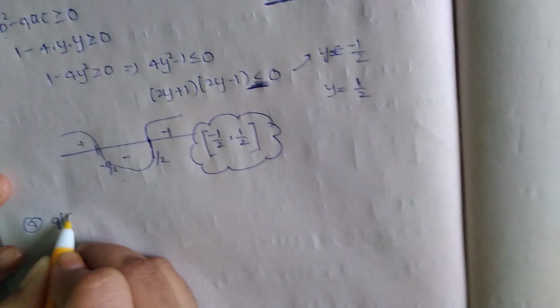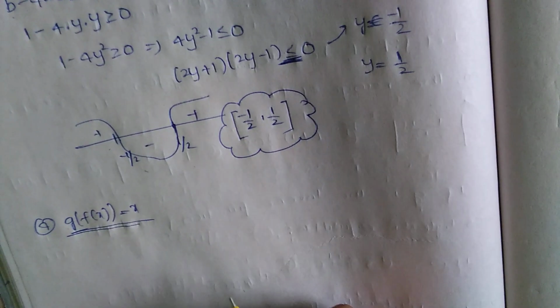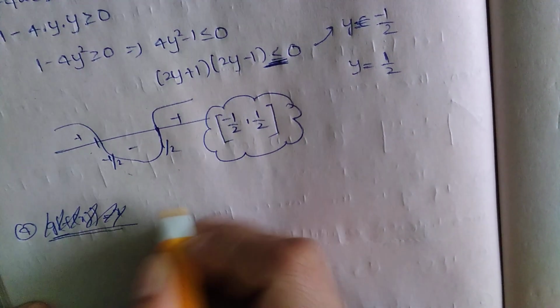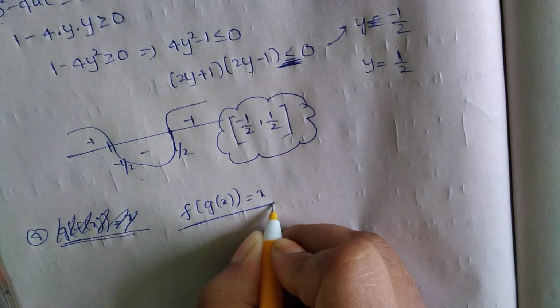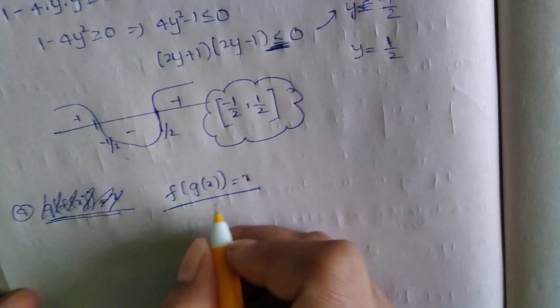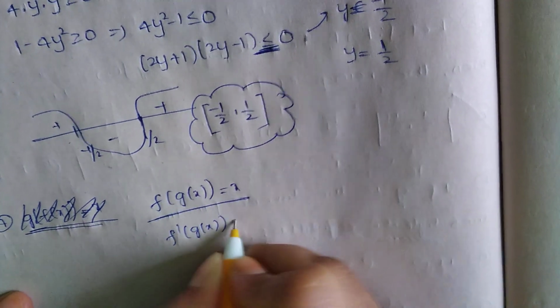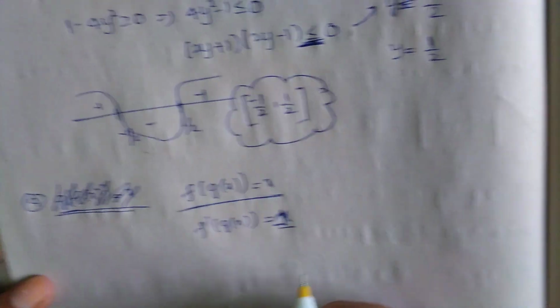If g is the inverse function of f, what do you get? It implies this only, right? No, it doesn't imply this. It implies this one. Don't get confused between both. Now differentiate it on both sides. f dash of g of x is equal to x. Sorry, 1. Differentiation of x is 1.